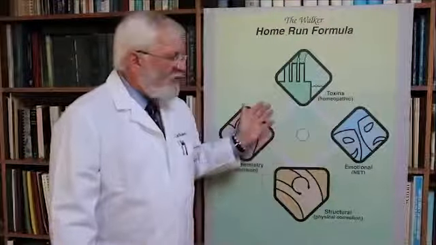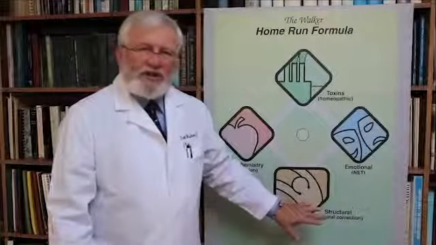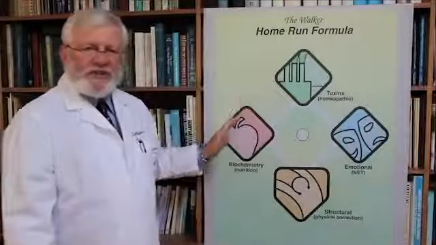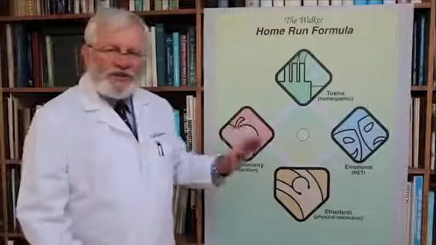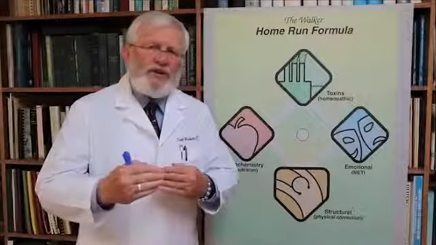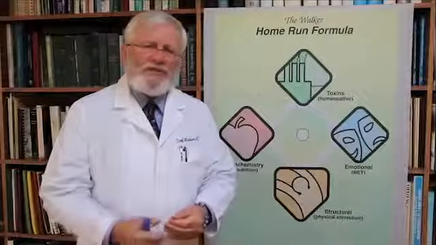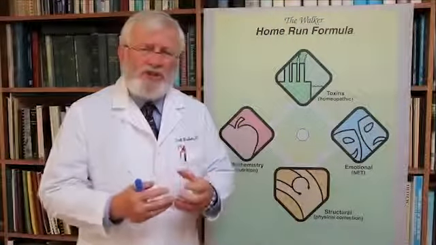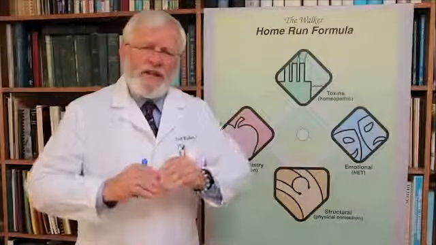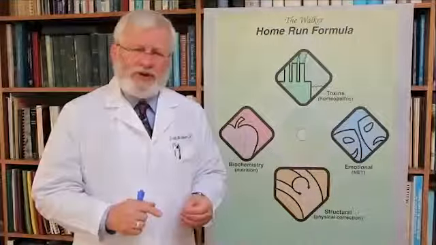Each one of these bases represents a different kind of stressor. So we have stress from structure, we have stress from emotions, we have stress from toxins, and we have stress from biochemistry. These four stressors come together and they can be cumulative. Stress is accumulative, and if you get enough stress, we call it an accumulated stress syndrome or the general adaptive syndrome, different names, but the problem is this: you accumulate stress, and then that stress can manifest in different ways in different bodies in all kinds of symptoms. So now we're talking to what are the causes of this stress.